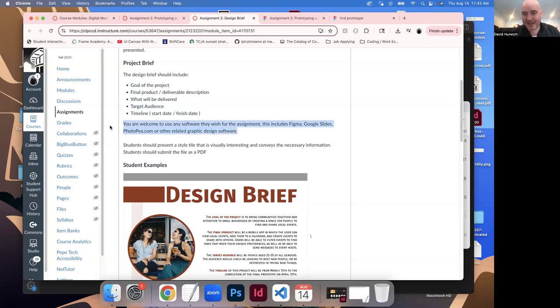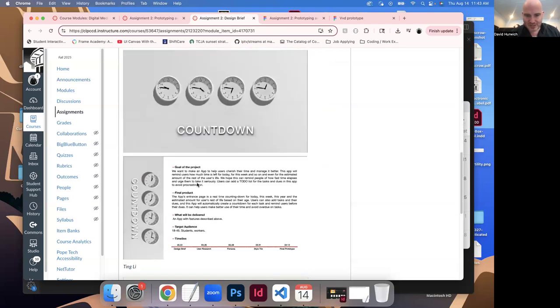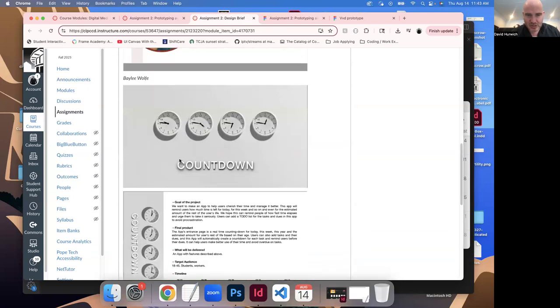You can build this in any kind of program you want. If you want to make this in Figma or Photopea or Photoshop or Illustrator or whatever, that's up to you. I'm just showing you some examples.